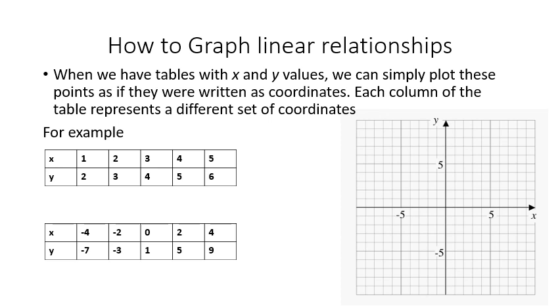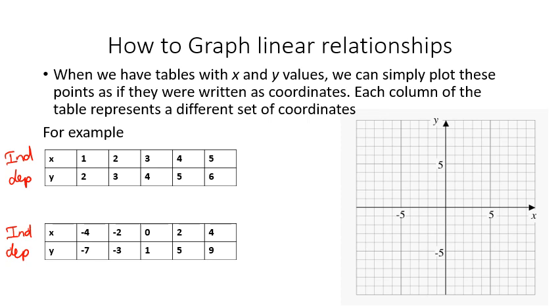If we have a table with an independent variable and a dependent variable, or in this case an x and a y, remember that the first variable on the table is the independent. You probably learnt this in science. And the second variable will be the dependent variable. So on both of these tables, the top value is the independent, the second value is the dependent variable. If we have numerical values for both of those, we can simply plot them as if they were sets